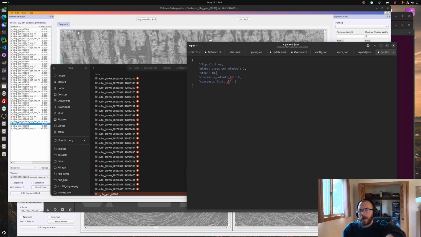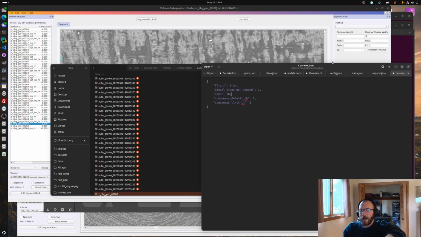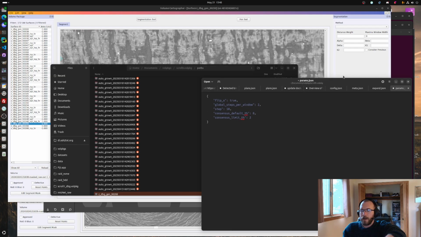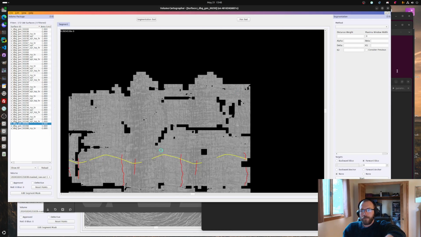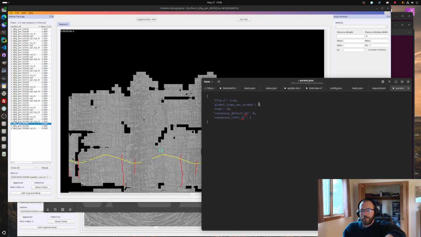At the end of the day, a lot of the time when I sit down to trace, I'm kind of impatient and I want the result. I want to see it. Usually, how long do you run your first trace? Okay, you have all your patches from expanding. How long do you run the first trace until you stop it, fix it, and then mask it? What I'll do is, this global steps per window is the amount of optimization steps